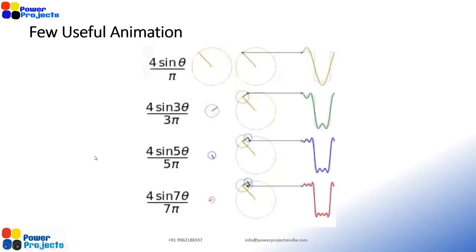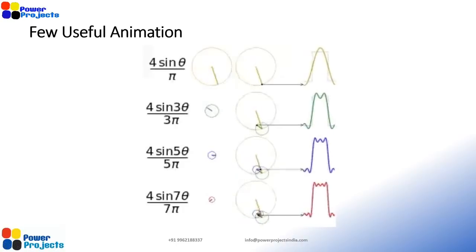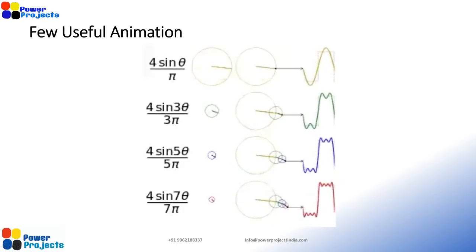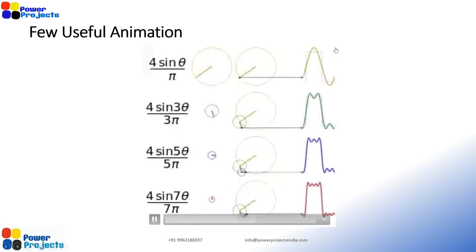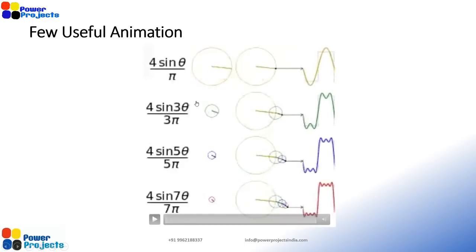This you might have seen sometimes. If you want to better understand what harmonics is, I think this could help you a lot. First, what you are seeing is a big circle with a radius of r. When it is circulating, it creates a pure sinusoidal wave. When you have a third harmonic, the magnitude is a small circle, assume one third of the fundamental. Theoretically we write the nth harmonic magnitude as 1 by n of the fundamental. That's not necessarily true, but in the absence of data you can make that assumption.